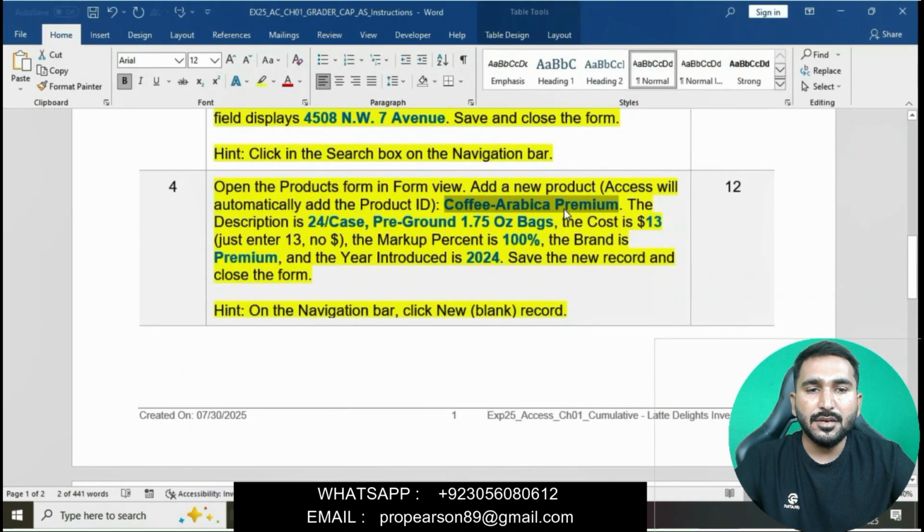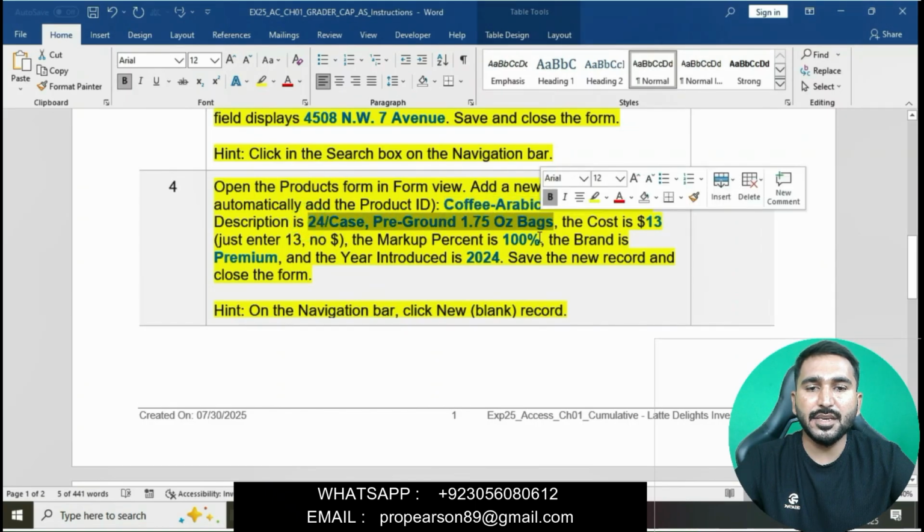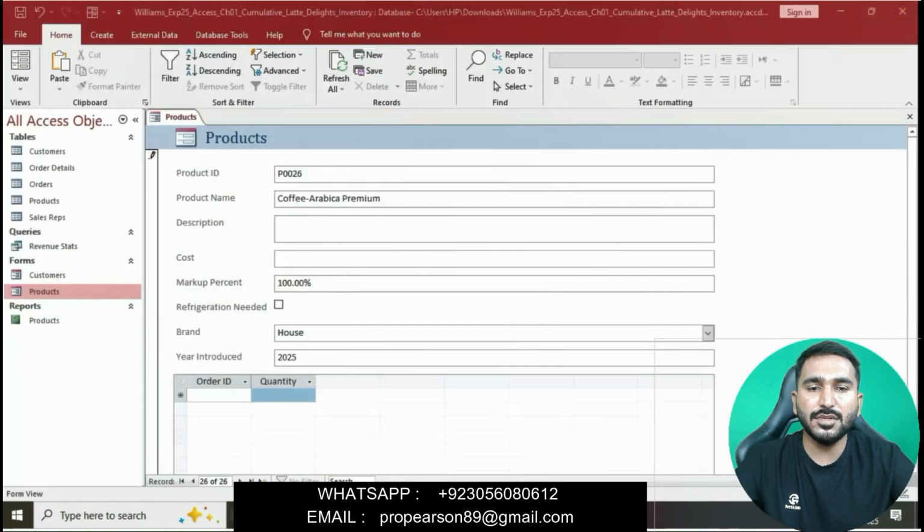Okay, the description is 24 Ks pre-ground 1.75 OZ bags.